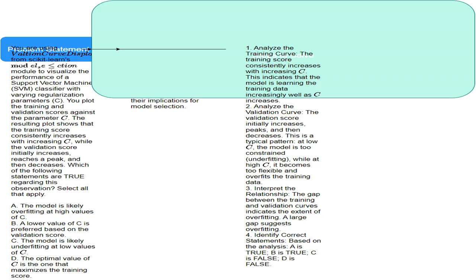This introduces a structured approach to answering the question. This helps in systematically analyzing the given data to arrive at the correct answers. The first step is analyzing the training curve's behavior. The higher the C parameter, the better the model fits the training data. This is a good sign for fitting the training data but doesn't necessarily mean the model is good at generalizing